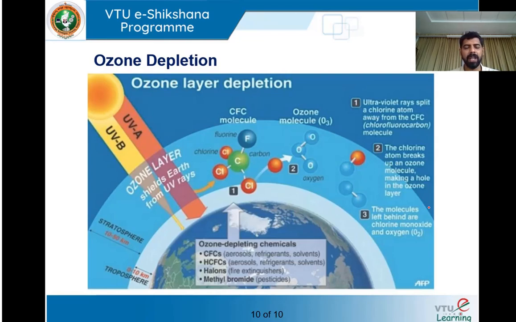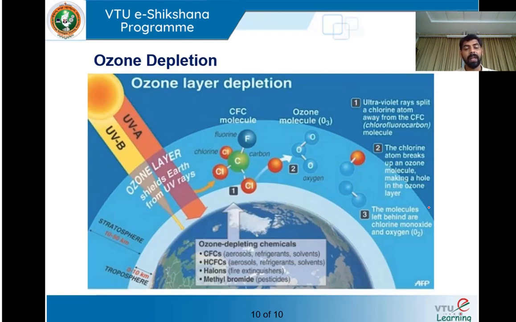One is the inner region around the earth, which is around 0 to 10 kilometers from the earth's surface, which we call the troposphere, and beyond that, around 10 to 50 kilometers, we have one more ozone layer, which we call the stratosphere. These are the 2 layers of ozone that you can see. 10% of the ozone is in the troposphere and the remaining 90% is in the stratosphere. The troposphere is what we call the bad ozone, and the remaining 90% in the stratosphere is what we call the good ozone.